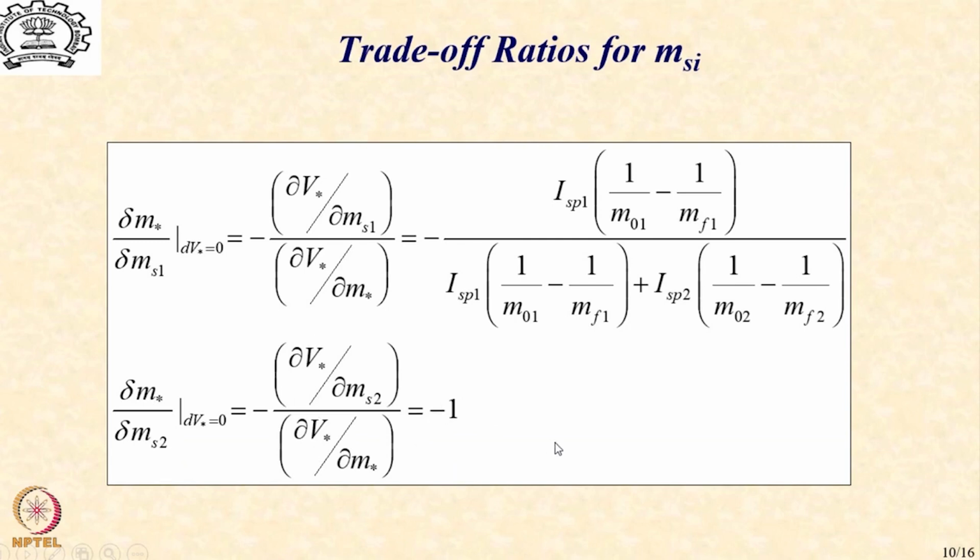We will talk about this idea a little more, but at this point it is sufficient to mention that a small change in ms2 will generate an equal and opposite change in m star, which means that if I reduce the structural mass by 1 kg,